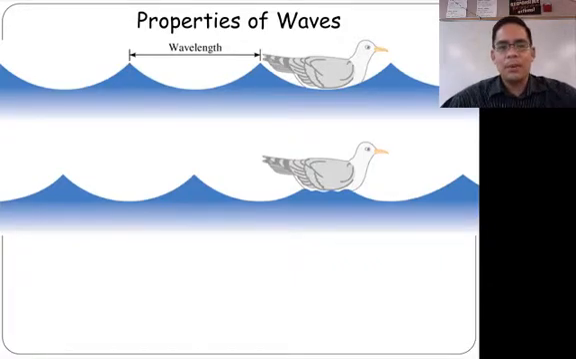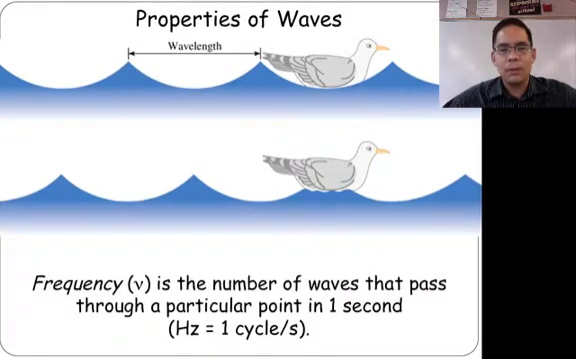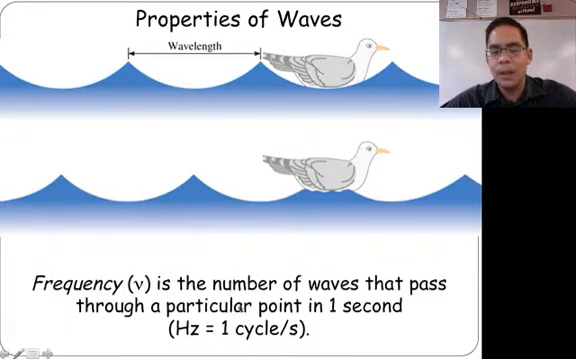In terms of properties of a wave, of course, the wavelength is the length between them, but one other important property we talked about in class today was the frequency. Frequency is the number of waves that pass through a particular point in 1 second, and by definition, it is a cycle per second. So if a wave is passing by, the frequency would be determined by how many cycles pass by